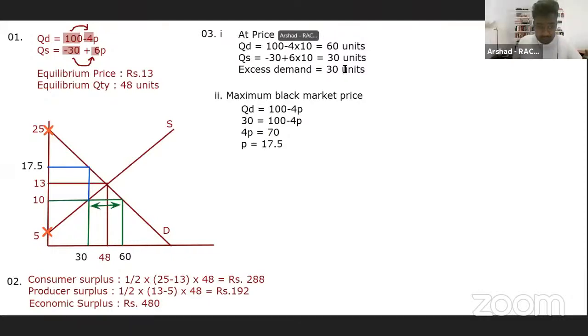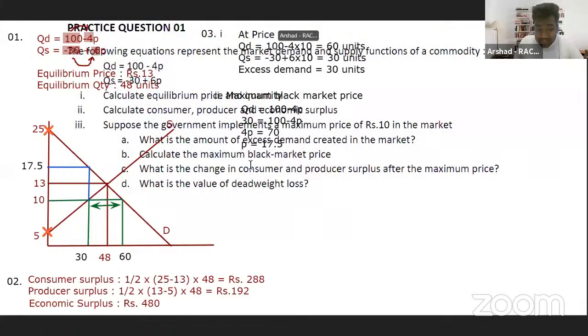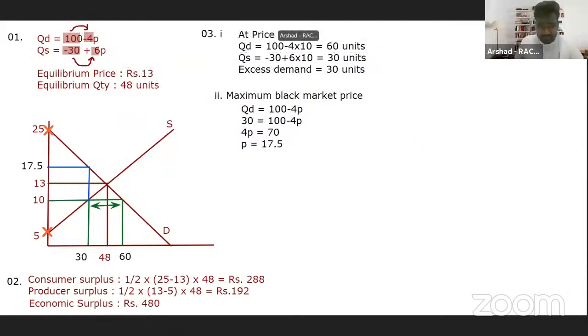Yes, fine. Maximum black market price. Now, the second one. What is the change in consumer surplus and producer surplus after the maximum price? Okay. Change in consumer surplus. First, before we go to change, shall we calculate the consumer surplus after the maximum